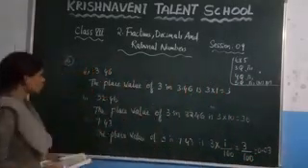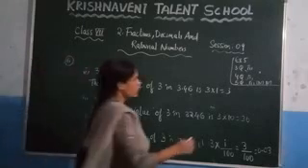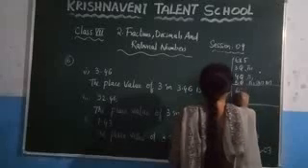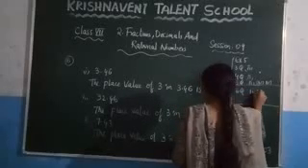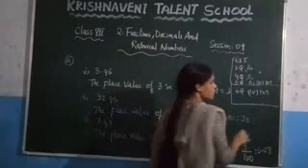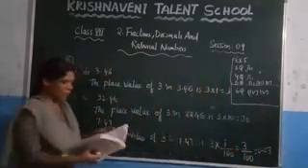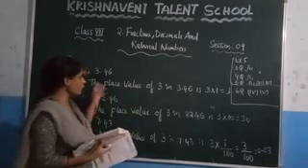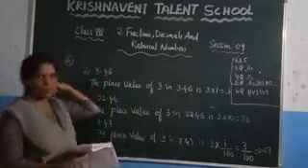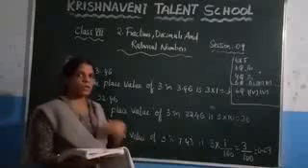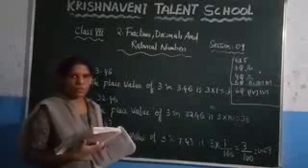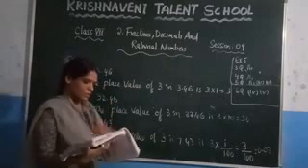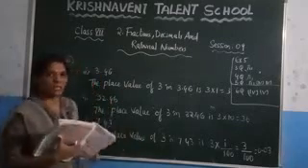Now 2 more questions are given in the 6th question that you can do as homework. In that, the 6th one, the 4th question and the 5th question. This one you can do as homework. And what we have discussed here: if you have been given any number, how do you write the place value of a given number? You just need to multiply the given number by its place value. And after that, a few more questions are there in this exercise that we are going to discuss in the later session.